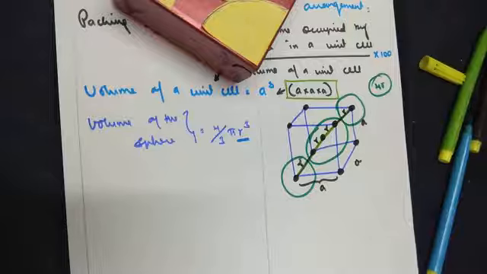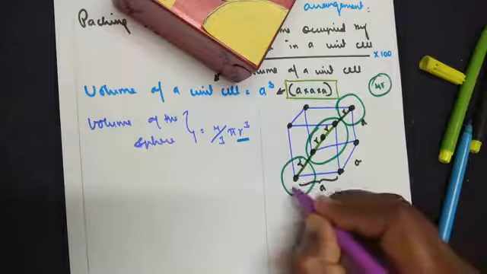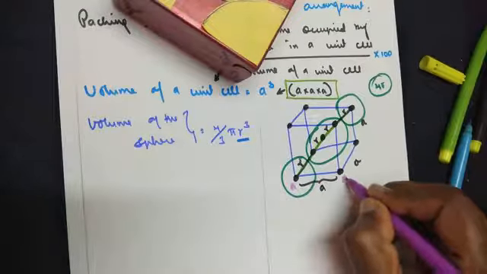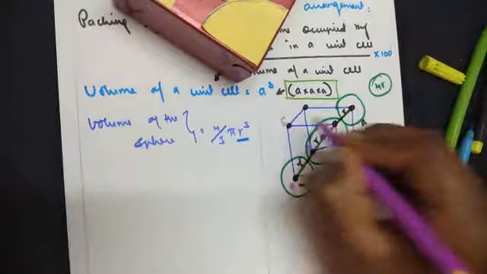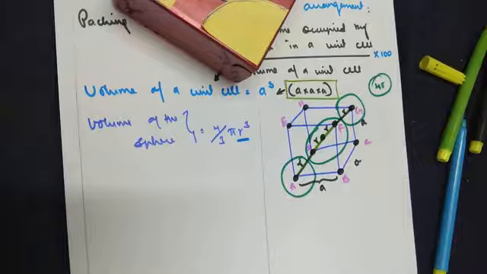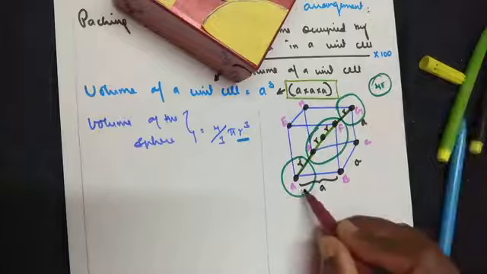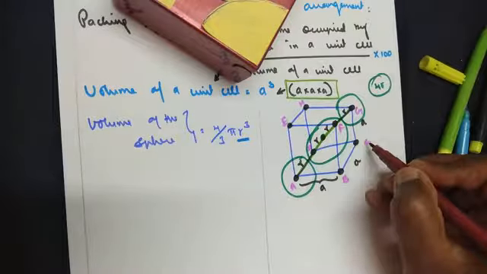So please see what I'm going to do here. The calculation is not difficult, but a little bit of extra understanding. Now I know the edge length of, let me name it. This side to be A, B, C and D. Name it as E, F, G and H. So all the 8 corners I have named. The next point what I'm going to work here is, I know the edge length of AB, edge length of BC and edge length of GC.